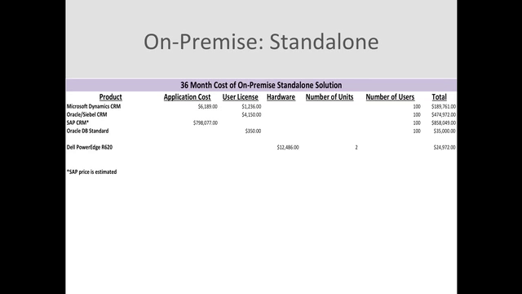Our on-premise solution here, the first thing we need to talk about is that our SAP price is estimated. I've included a reference to that in the paper itself. Basically, we tried getting a hold of SAP several times, but their pricing is so custom tailored to your organization. They take in several factors that you have to consider for the pricing of their product. That information is not as readily available on the web. So we tried it. We never did receive a reply back from SAP either by phone or email.